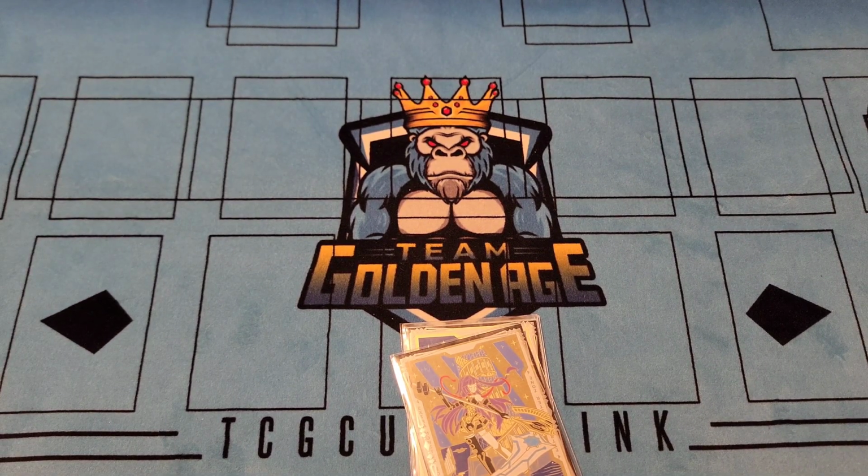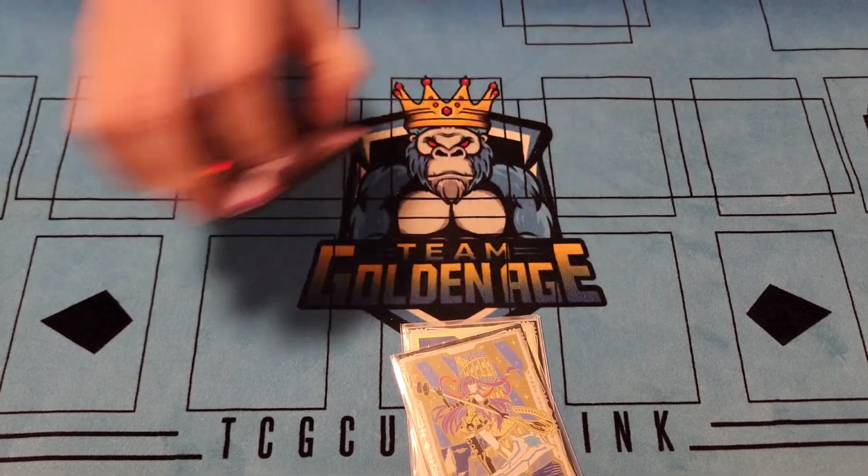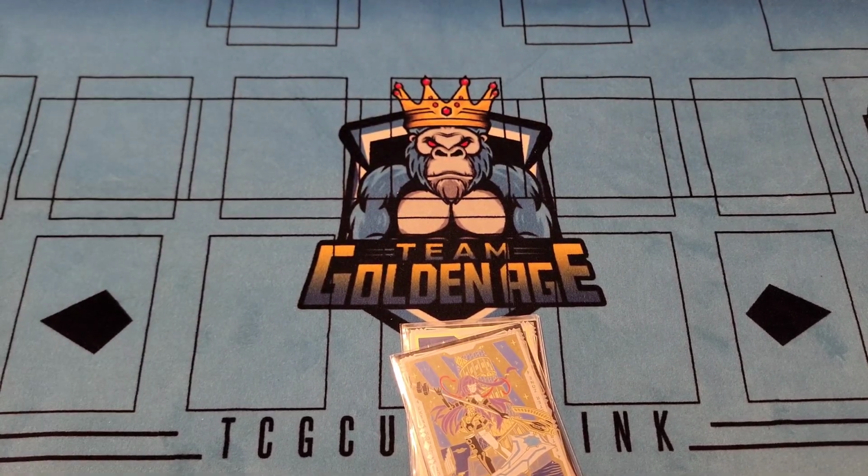And then we're also playing in the main 3 copies of Strike. This seems to be something that a lot of people are shifting towards now. You want your plays to go through the Ash Blossom, and if you don't have to worry about dealing with Ash or Bell on your welcomes, then you just have Strike set, and that's still a super impactful card. Being able to trade for 1500 life, negating summons,